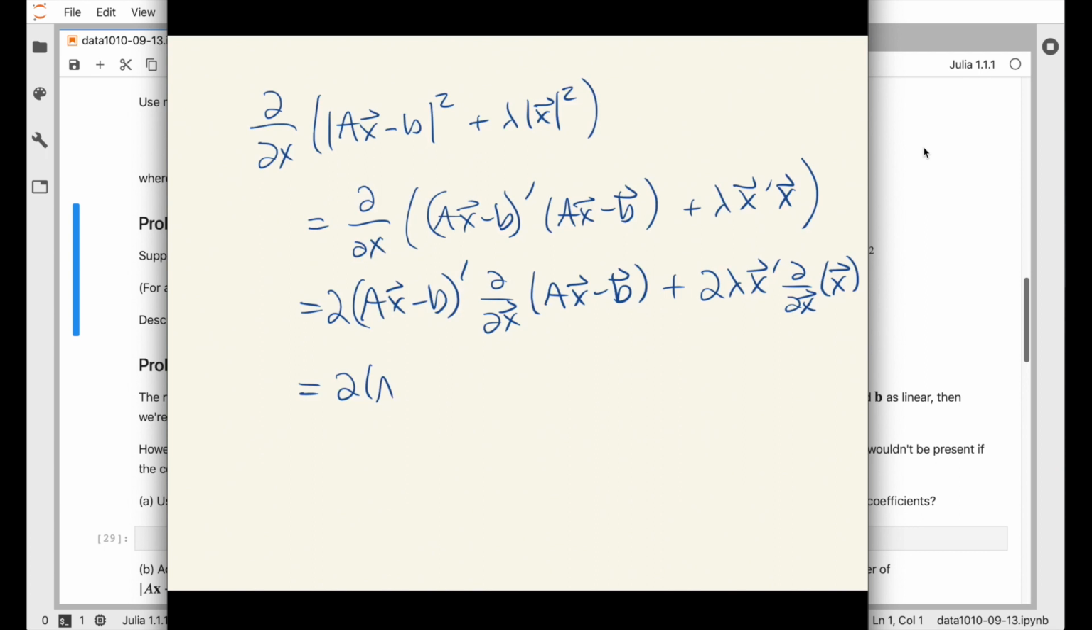So that's 2 times Ax minus b transpose. And then the derivative of Ax minus b is just going to be A. And we didn't show that, but I'll leave it as an exercise. If you differentiate a constant, you get 0. And then this second term becomes 2 lambda x transpose. So we can simplify this a bit and say that when we distribute the transpose and multiply this out, we get